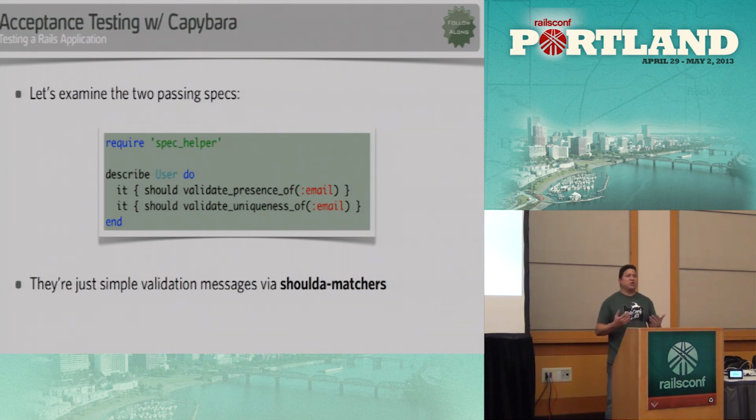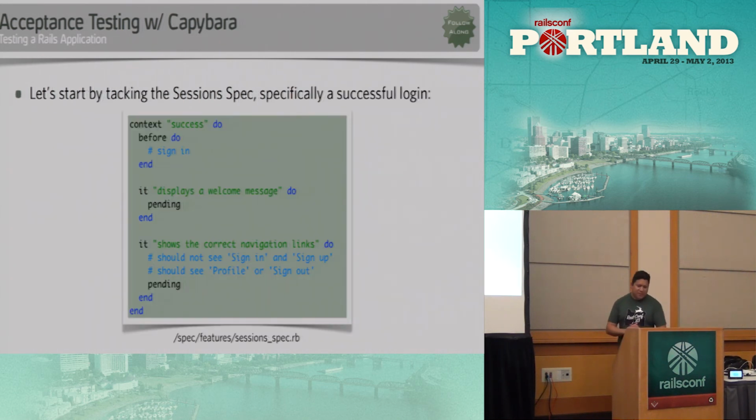If you are used to testing your own validators, you typically will create an object without the email, then make sure that it's invalid, and then check the errors hash to find out that there's a message there that tells you that it needs an email. So the Shoulda matchers basically do that for you in a one-liner, so it's pretty nice. But I really just gave you that so there would be something that actually passes. Everything else is a pending spec.